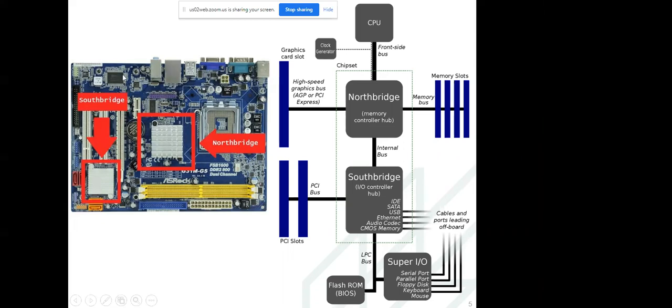And here this is ROM, I guess. A very small chip is there. That's read only memory, very fast memory. Flash ROM, BIOS, it's connected. I think this is the flash ROM, very small. And the super input output: serial port, parallel port, floppy disk, keyboard, mouse.